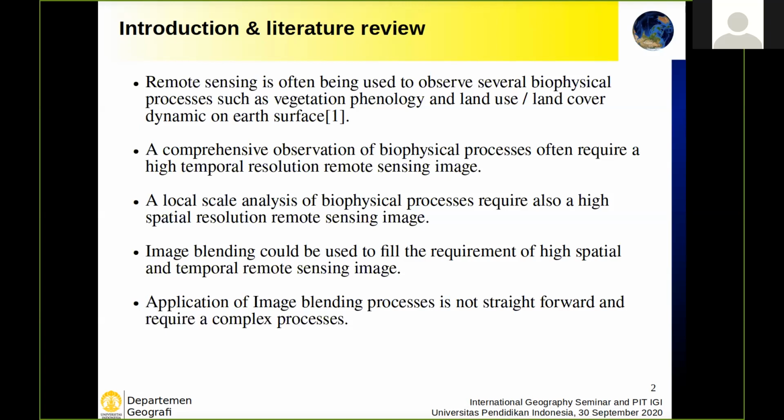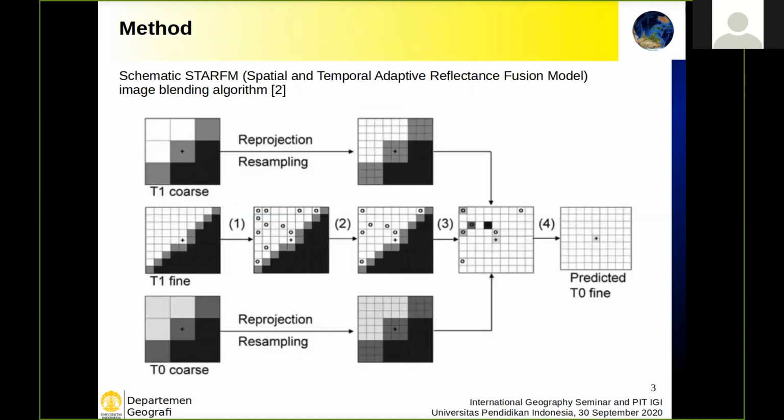So it is important to make an integrated method, so we can just use one click and get a high temporal and spatial resolution image. We use as an example the development of NDVI from Landsat imagery, and we try to develop both high spatial and temporal resolution. For the blending image, we use a method from Gao, called STARFM, an abbreviation of Spatial and Temporal Adaptive Reflectance